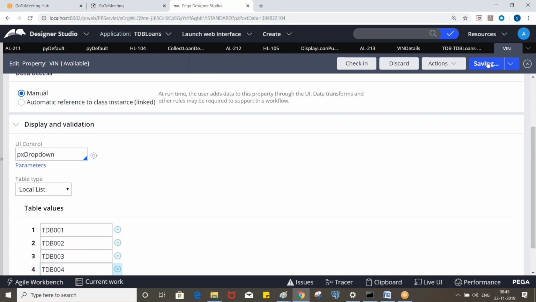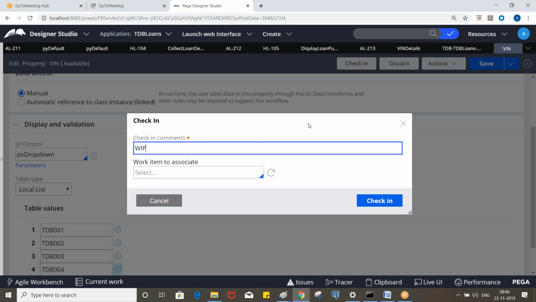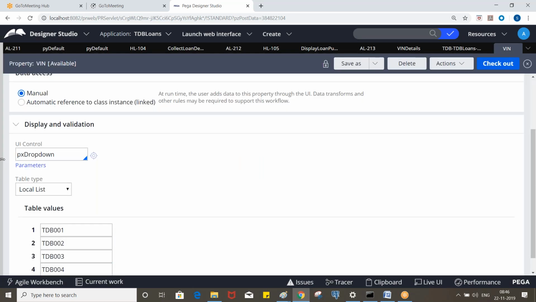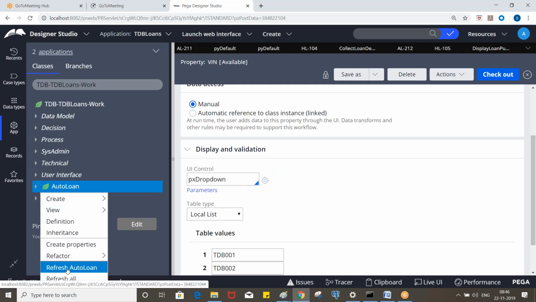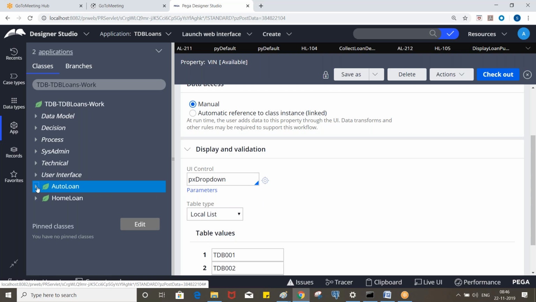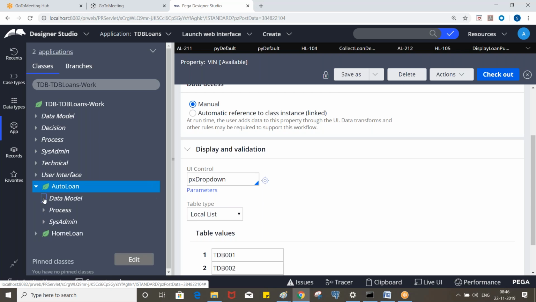So when you select 4, you do not have a corresponding record in the database, and it has to display an error message. Okay, so check this. Now let's refresh auto loan and you see the properties which we created under this class.